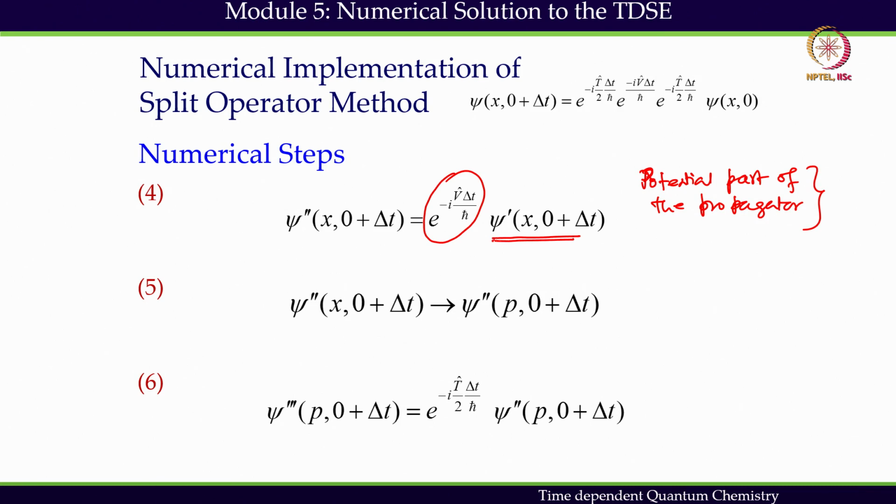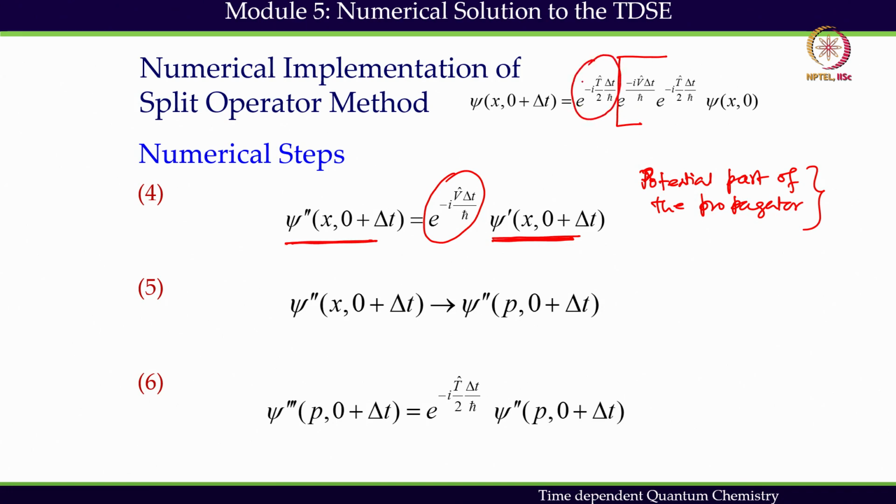That is acting on the position space representation of the wave function, and we get another time evolution for the potential part. Once we get that, we are done up to this,